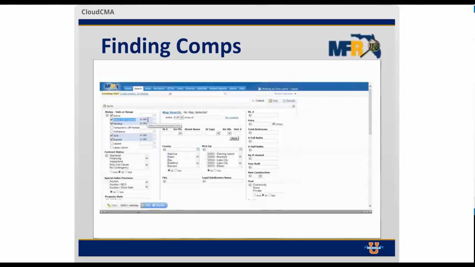For all of these statuses, I have a time frame of 0 to 180 days back or 6 months back, but I can change this. I can only go back 4 months if I want, 120 days. Maybe I want to go back a full year, 360 days. Maybe I only want to go back 90 days or even 30 days. We'll keep 180 just for simplicity. Another option, I can actually click this calendar icon or type in an exact date range. So maybe I'm only interested in properties that sold in the month of May. So I can type in